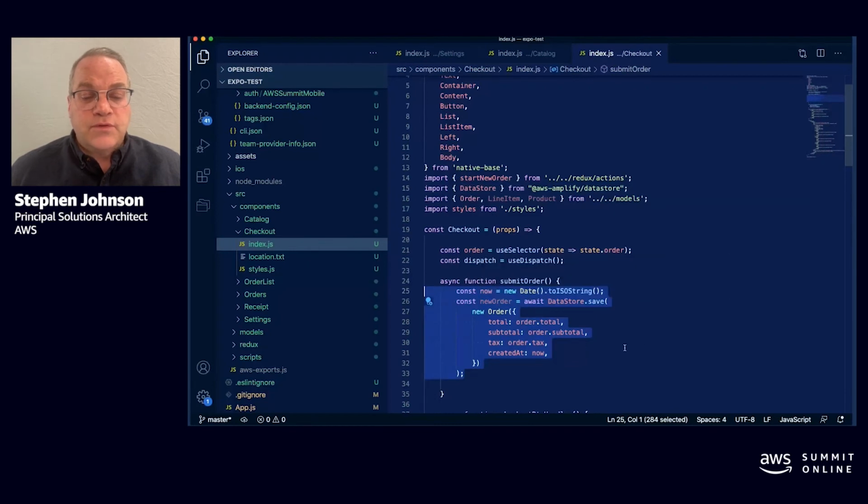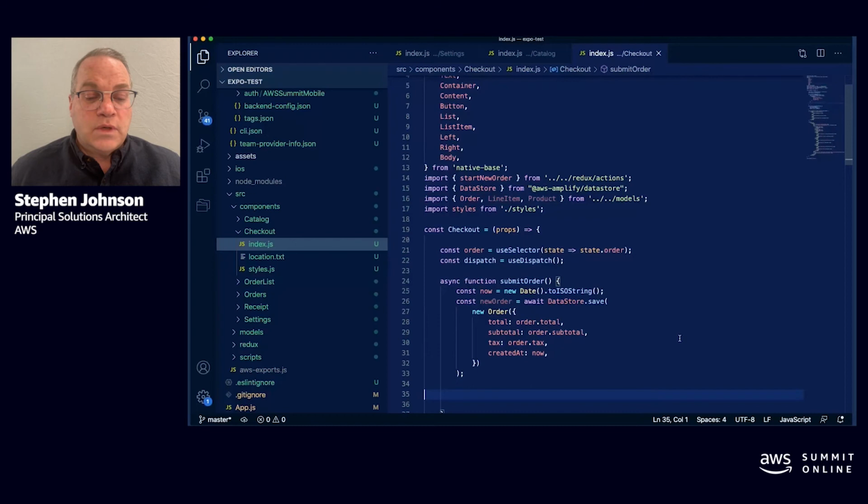Under submit order, the first thing we do is create a new order object that we're going to save to DataStore. You can see the attributes are all being pulled from the local application, from the state of the application. And that gives us our parent object.